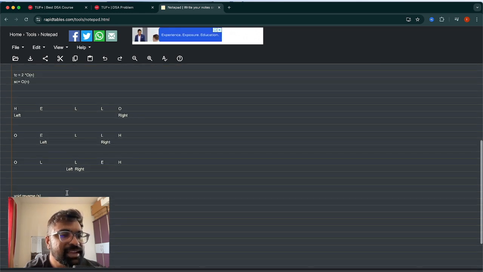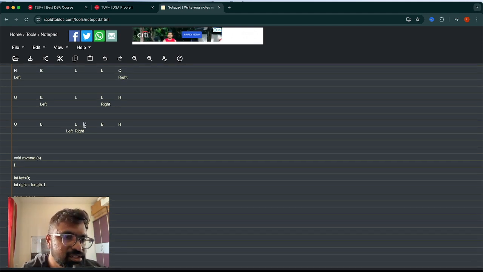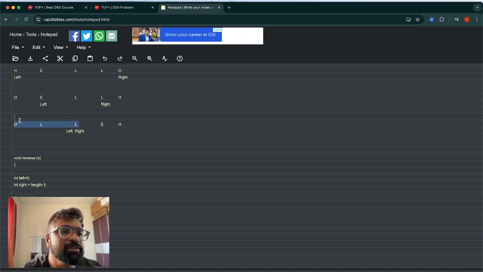And why can we say it is optimized? Let's try to find out the time and space complexity. What is the time complexity here? We are reversing the entire string by traversing only half of the string. This will be true in every example we take, because we are using the 2-pointer approach. Both pointers will meet at the middle of whatever string you take. So we can say O of n divided by 2 can be our